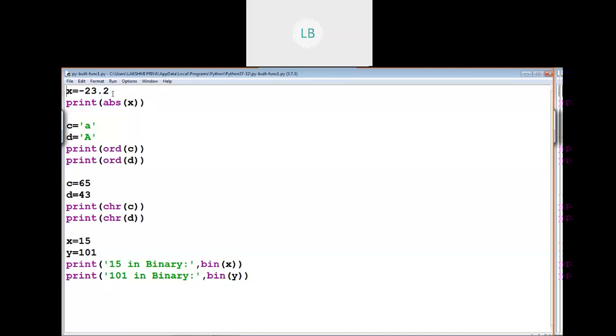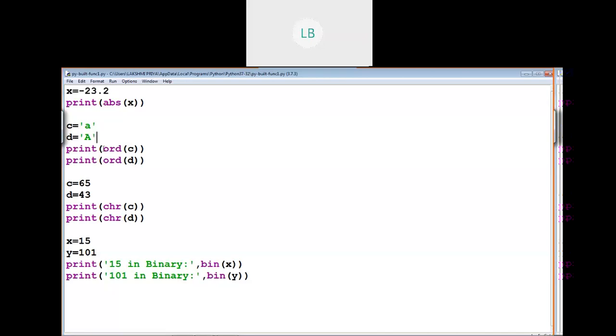Here you can see I have assigned minus 23.2 to this variable. If you are going to use the absolute function for this, it will give the absolute value. Then we have assigned lowercase a and uppercase A to these variables c and d.